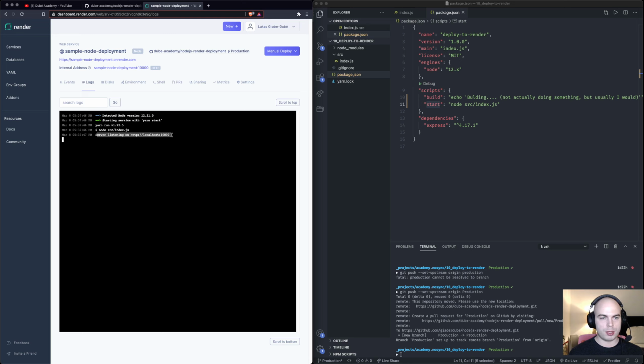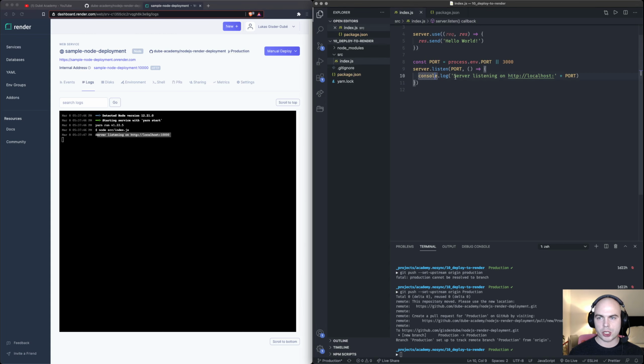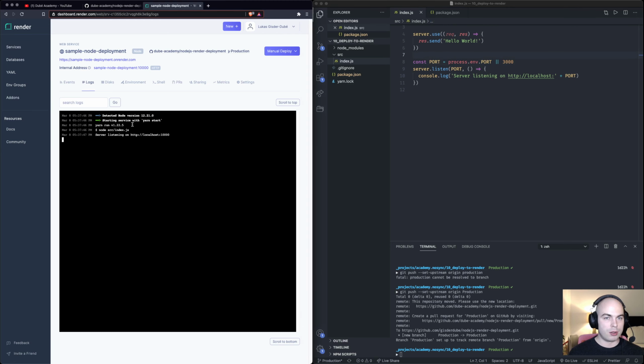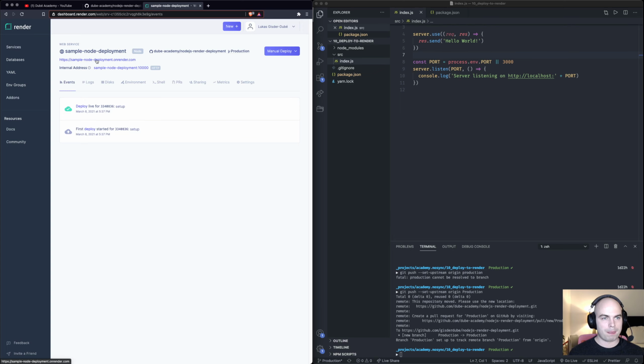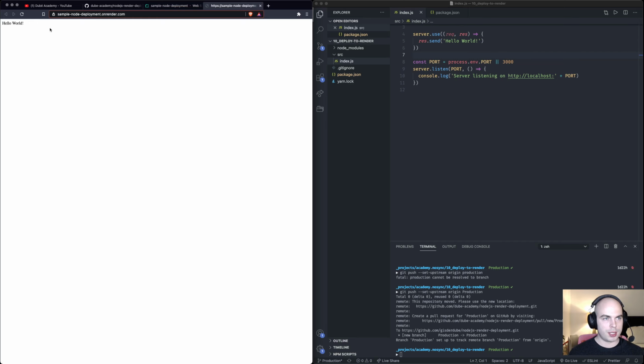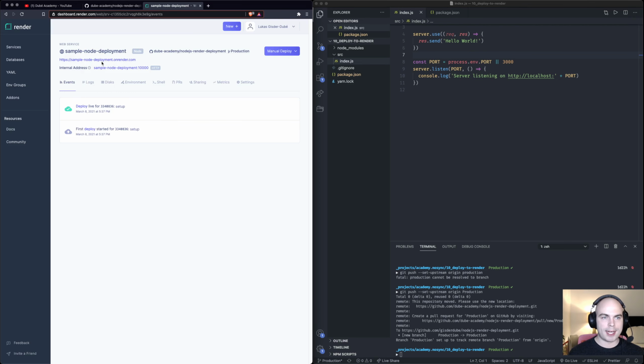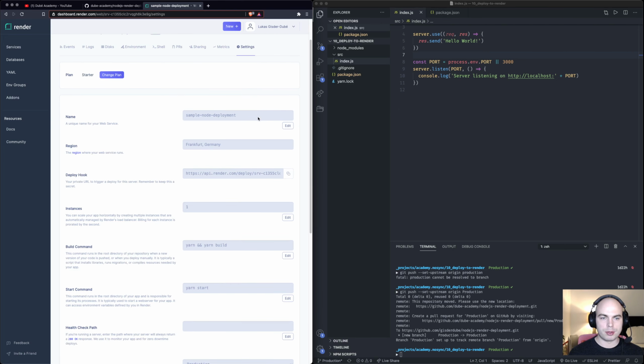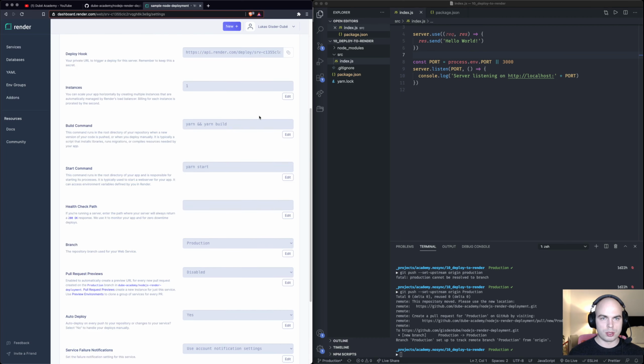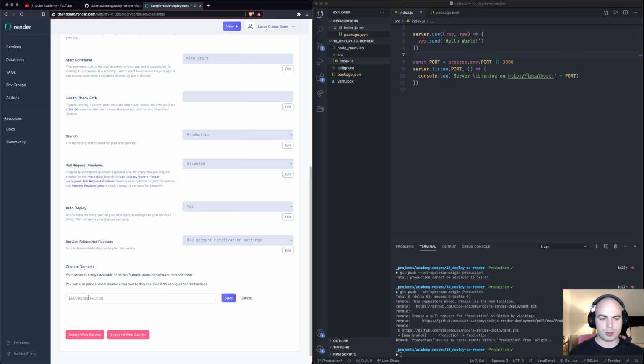And then we do have this log, which I am doing in my index.js. And here you can see I'm logging the port, and it is different from what I have in here, right? So it's 10,000. They use that internally, and pass that as environment variable. Very good. And now it is deployed, and we can actually access that. Render always gives you a URL, so we can just go there and see that the web server is actually working. You can also add your custom URL in case you have your custom domain, right? You can go to settings and then scroll all the way down, add custom domain, and then add your custom domain there. And then they're going to give you